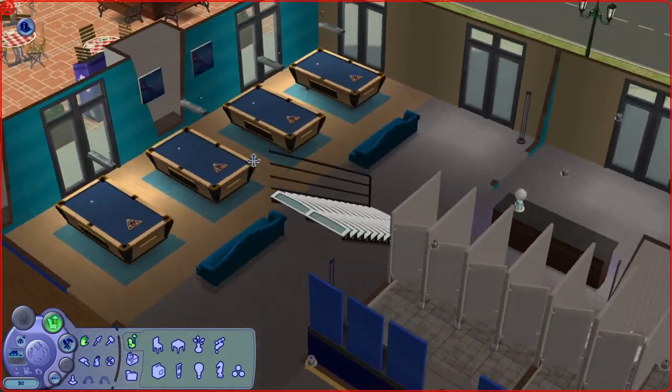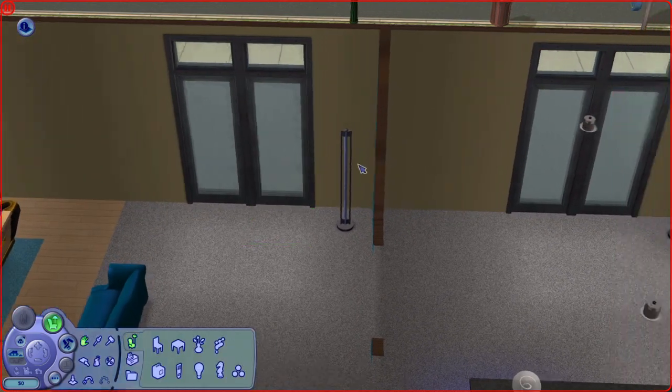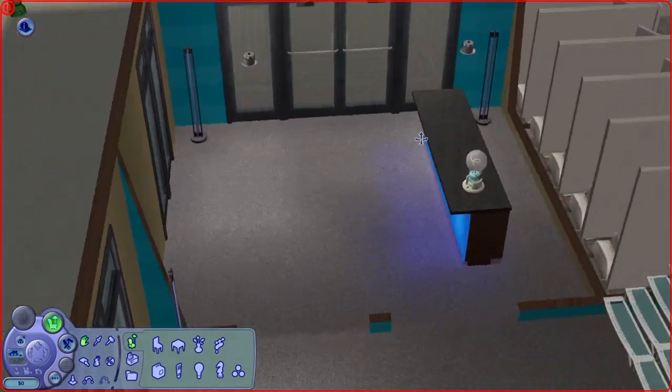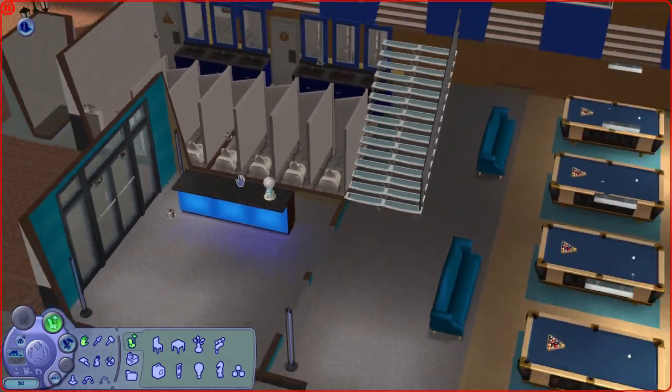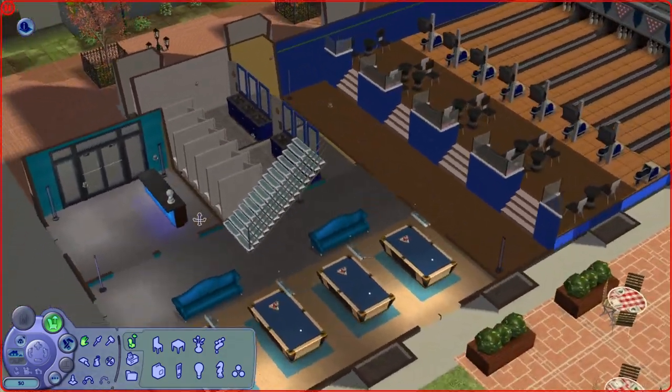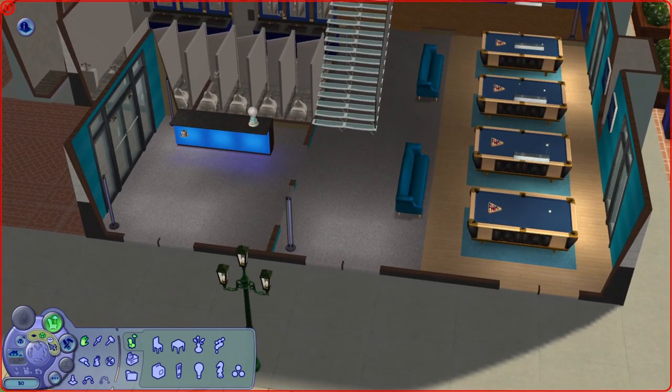And if we go downstairs, are these doors? No, that's a window. Okay, the main door is here. So I guess this is your check-in area. This is probably where you would get your shoes. So I mean, personally, if I was playing in... So I put the walls up just...